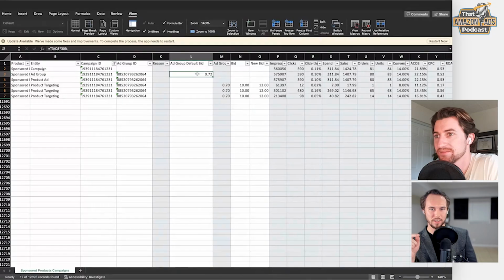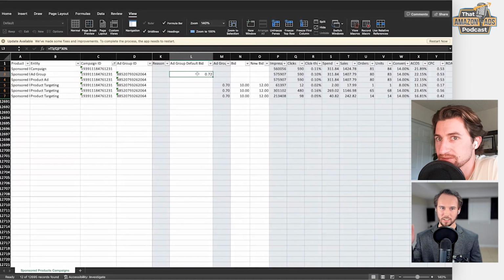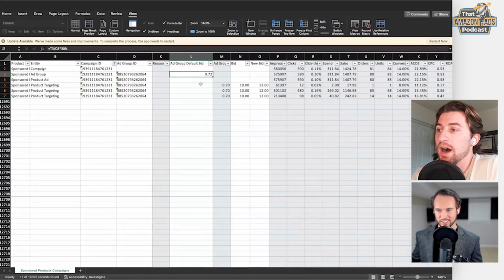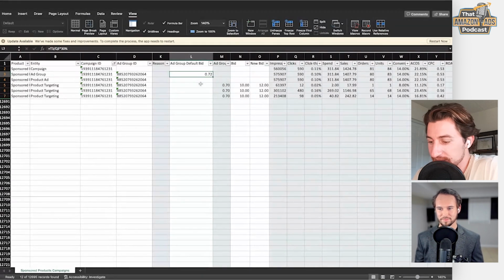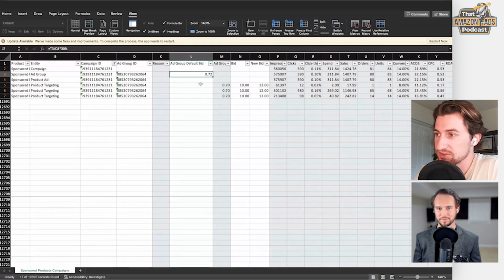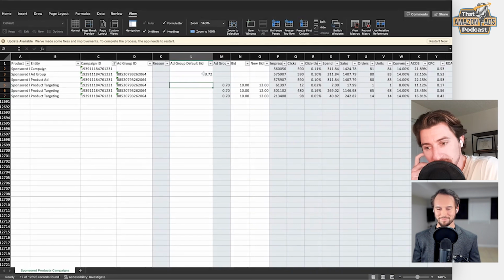So real quick, before you jump back in here, I just thought of something. Can you show me your formula there for your ad group default bid? So you were saying this is kind of like your target CPC. This isn't necessarily your bid ceiling though, is it? Correct. Yes. Thank you. This will bring us to a conclusion.